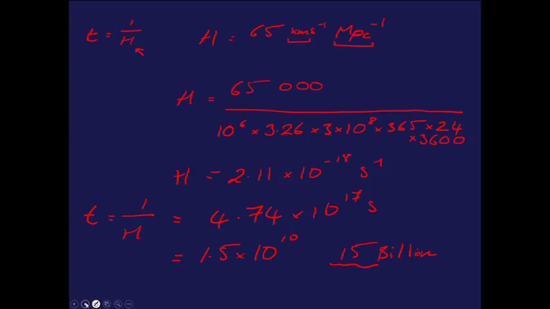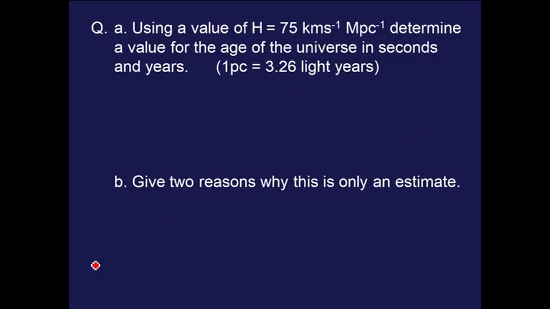We'll come to this in a bit, but basically it's not the greatest way of working out the age of the universe, but it gets you in the right ballpark. If we use a value of 75, you'll come out with a value closer to the accepted age of the universe, and we'll come to why this is the case in a minute. If you want to pause the video, you might want to practice that bit of maths, because it's required.